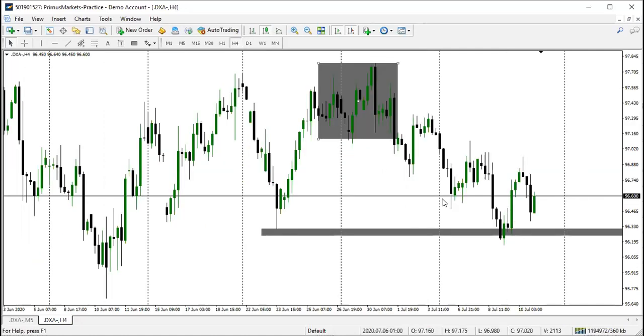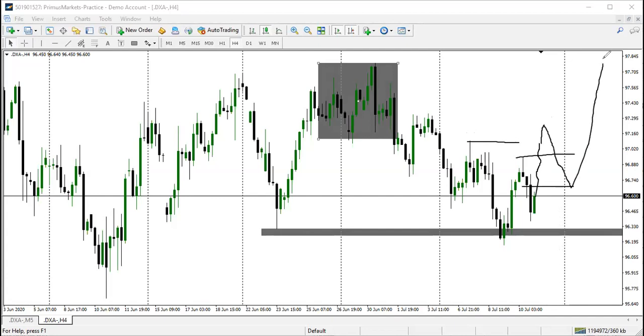Looking at the 4 hour time frame, we can't see any structural break here. But if this week opens, and the first thing that we see is the market going up to break this high, let me try to explain that. If the market actually goes up to break this high, then we'll be expecting it to come back into this block for us to trade it higher. So that's what we'll be expecting on this pair.